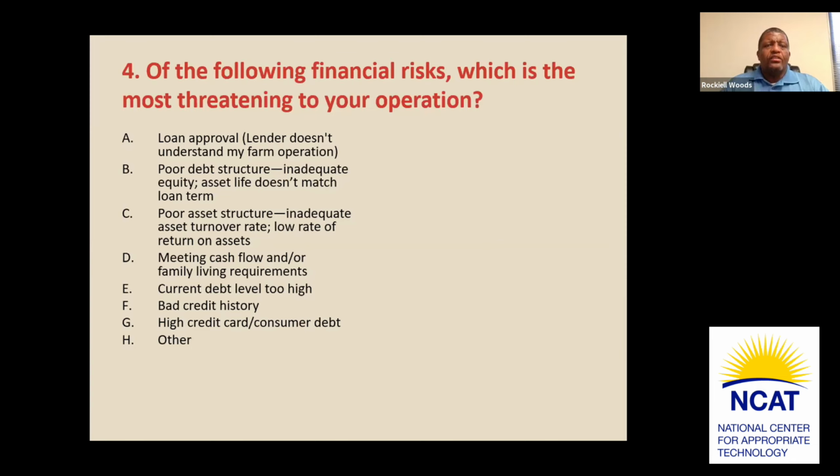So when we're looking at a low rate of return on assets, you want to look at your business as, for example, growing tomatoes. You have to grow a certain amount of acreage in tomatoes to be able to cash flow for the amount of the loan that you want to get in order to pay that money back. I've had people say, hey, I want to start a farm. We get this all the time. They want to know what they can grow. And I don't give advice on what to grow. I always tell the person to research it.